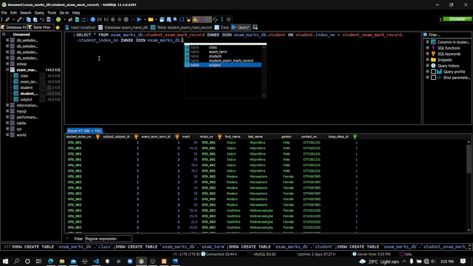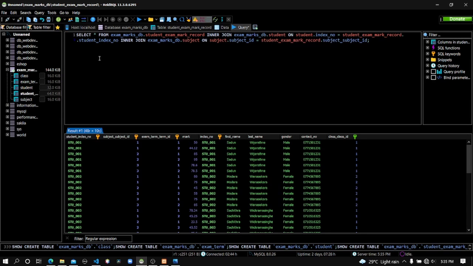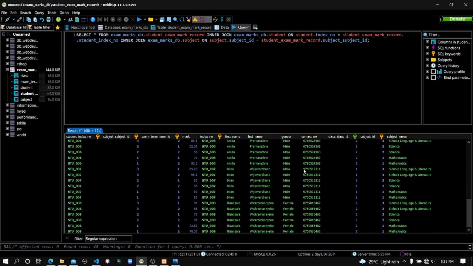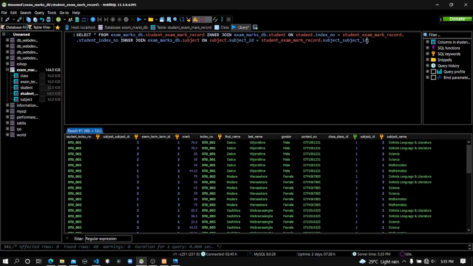I'm joining the subject table. So subject on the subject ID in the subject table should equal the subject ID in the student exam mark record table. Here, four tables now, and inner join